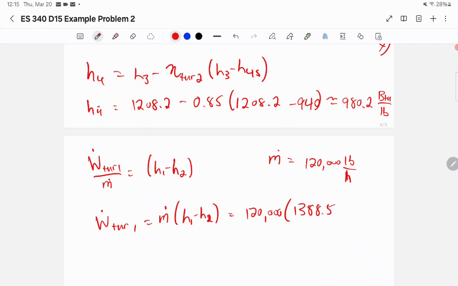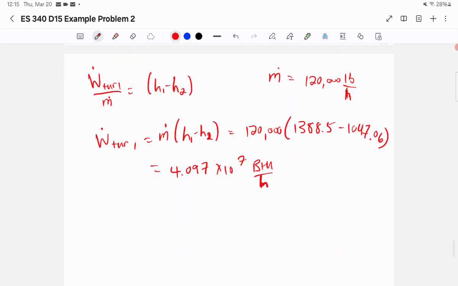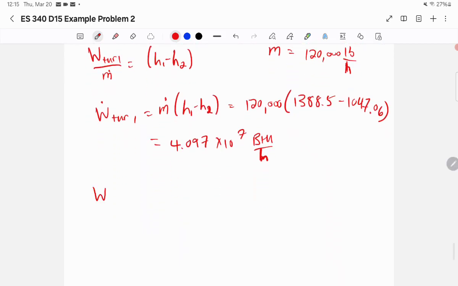That was something we found on the tables, if you recall, minus 1047.06, which gives me 4.097 times 10 to the 7th BTU per hour. The pounds cancel because it was BTU per pound and times pound per hour, and you just end up with BTU per hour. Similarly, for turbine 2,